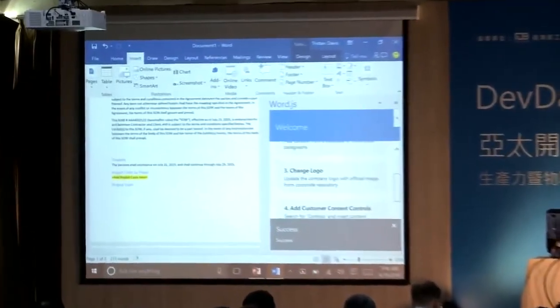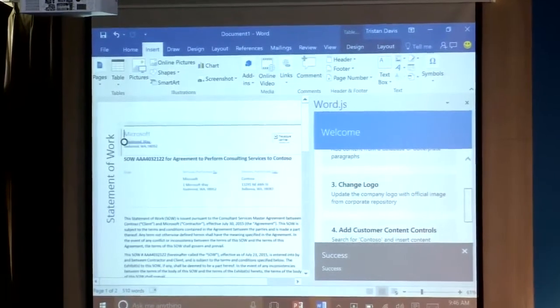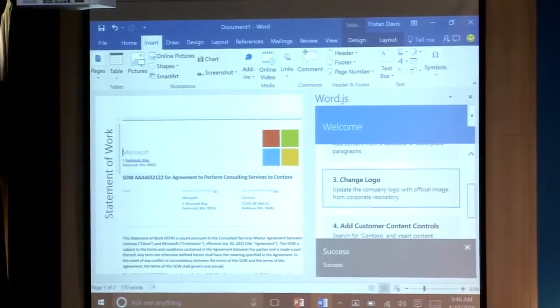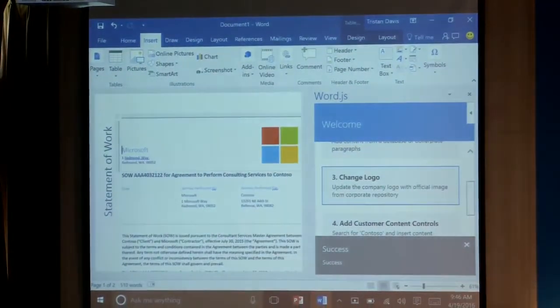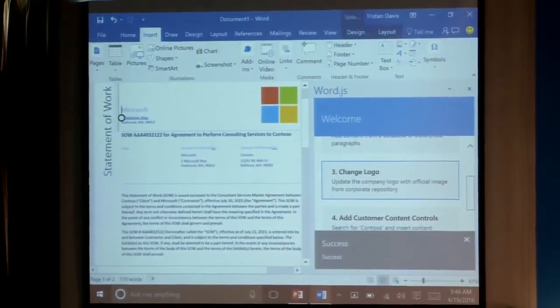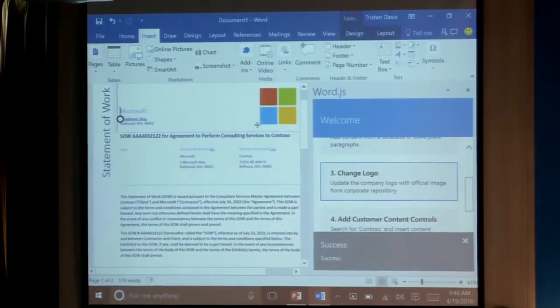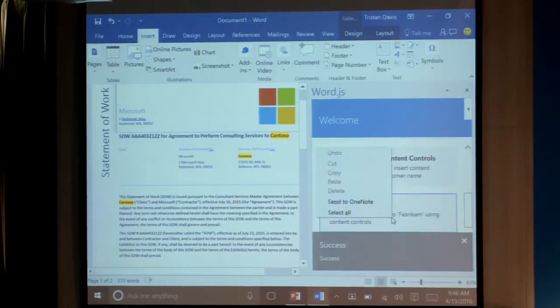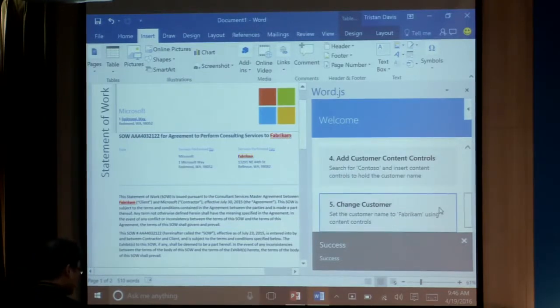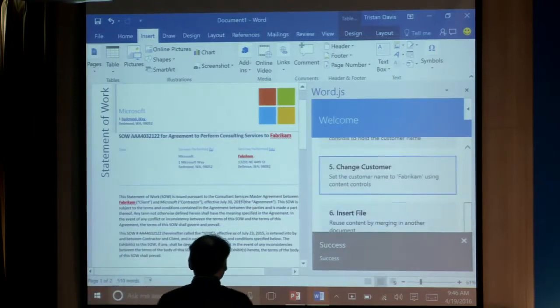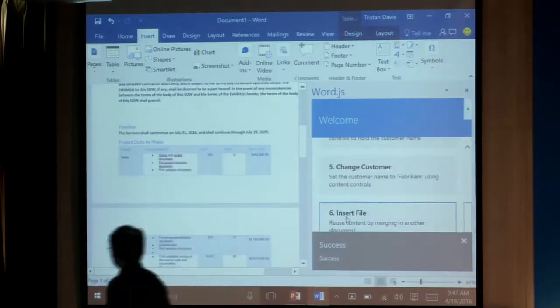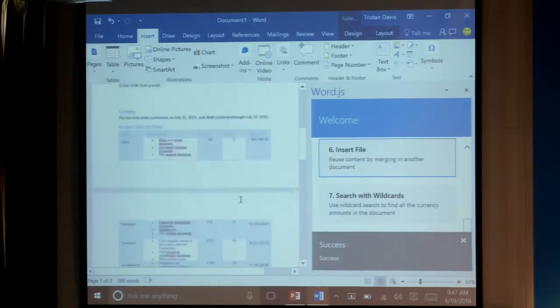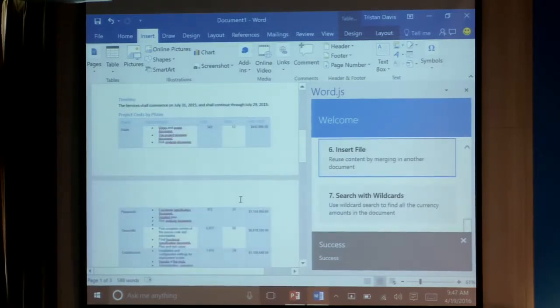I can do that. Maybe I want to change the logo up here so you can see right now I don't have a picture. I can go and find and set the look of pictures inside of the document. I can go and search out. So you see this is in the consulting services for Contoso. Let's go and tag those, because maybe I want to change that based on the customer I'm actually writing the document for. I can go and I can change that in real time. So change that from Contoso to Fabrikam. I can go insert pre-canned files of content. I can even search. So let's search for everything that starts with a dollar sign that looks like a price